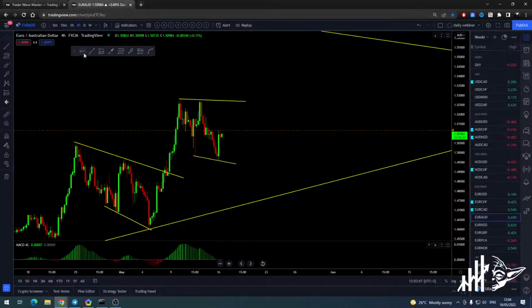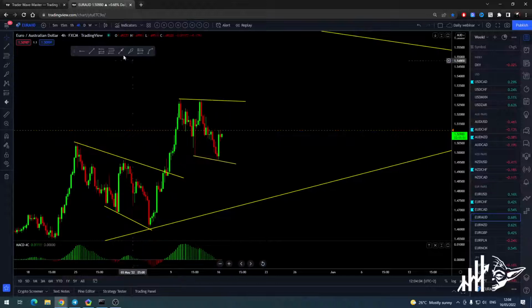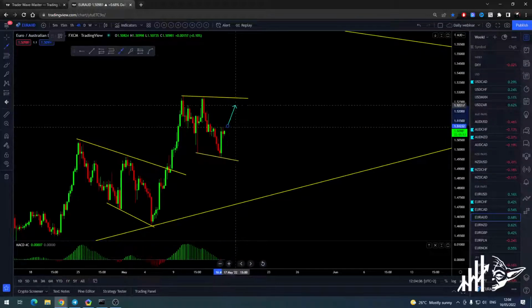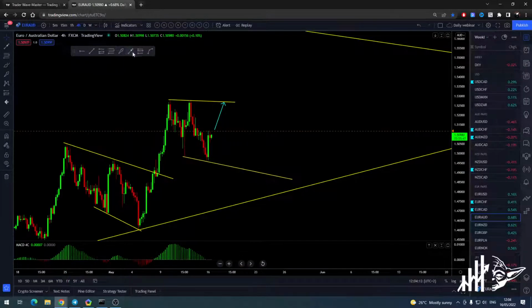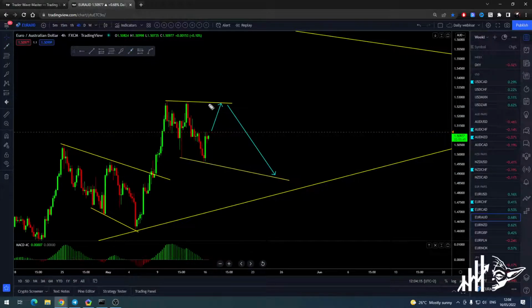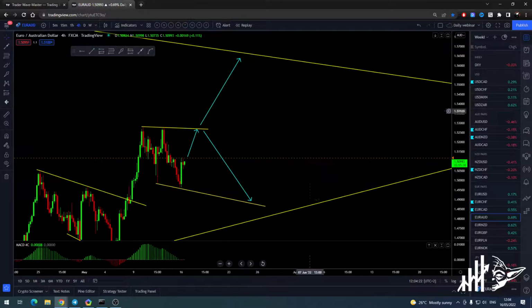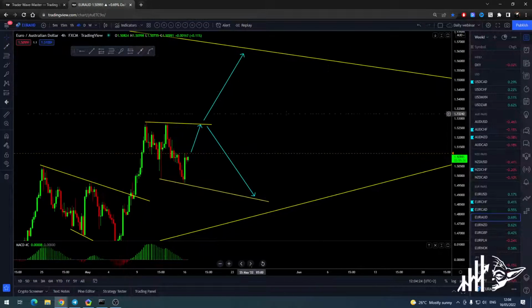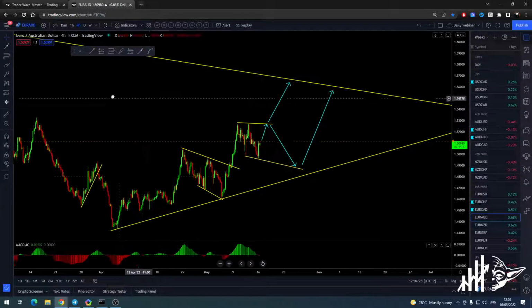I'm really anticipating this movement over there to tag. But be careful, we can still go for this movement over there. So that might not be all of the structure. That could be just the bigger correction over there. So this is the possible entry. This bigger correction is what we can have over there.